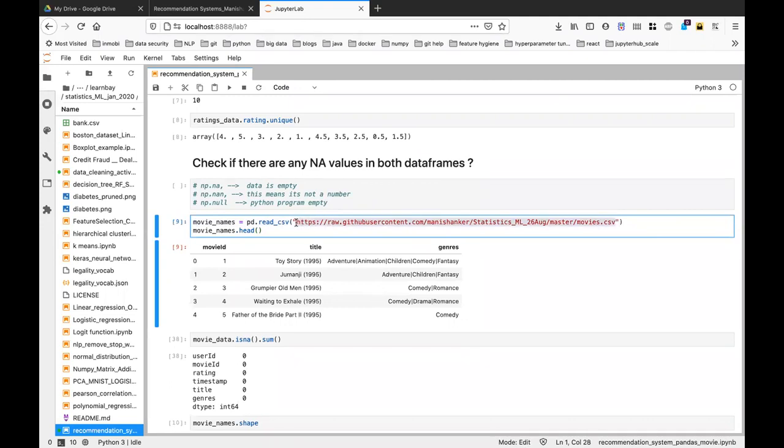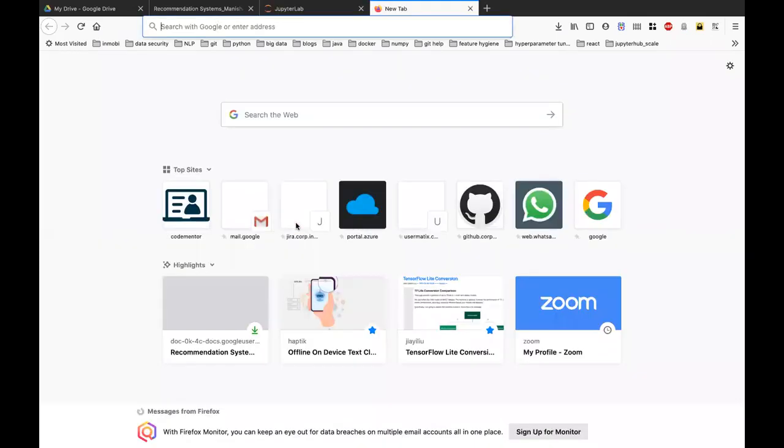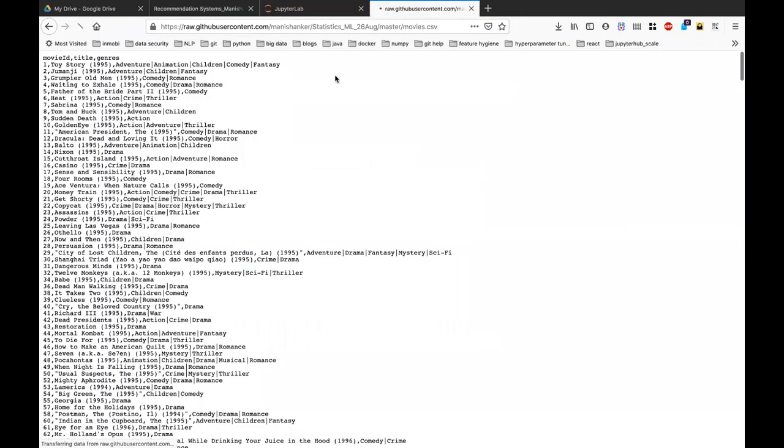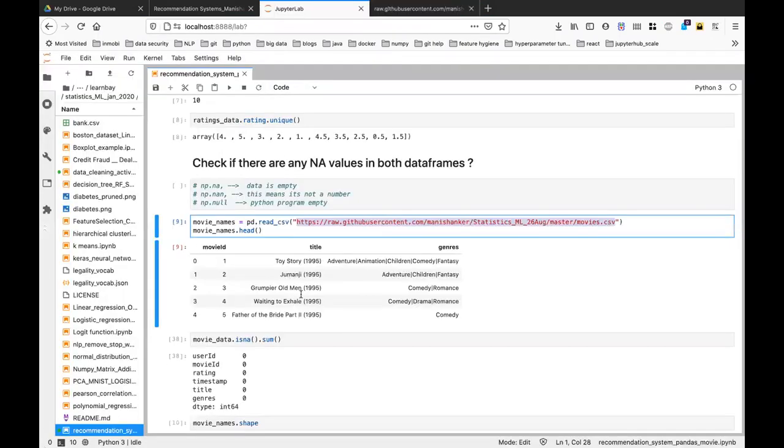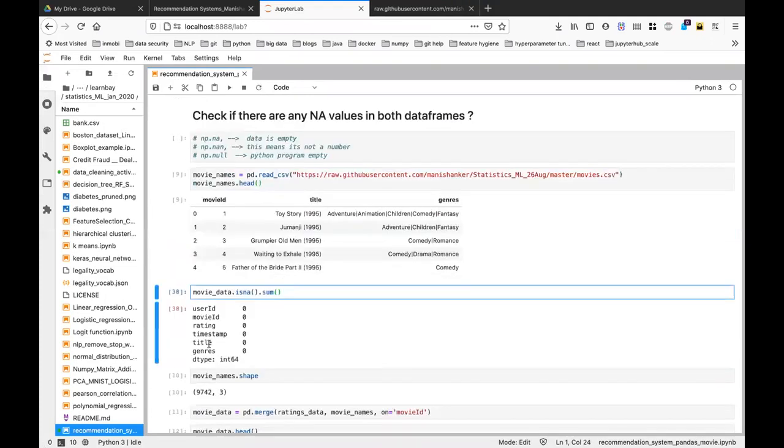In the movie data, it's showing around 6 fields when we're checking for null values. When you're checking for null values, it's showing a total of 6 or 7 fields for you. For me, it's only 3. Yeah, 6 values are there.